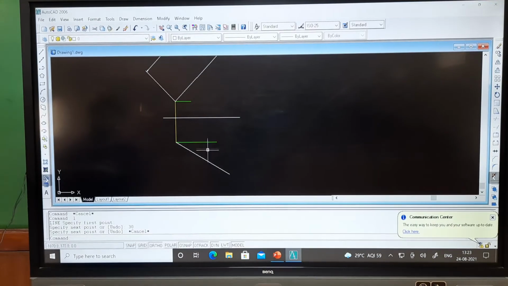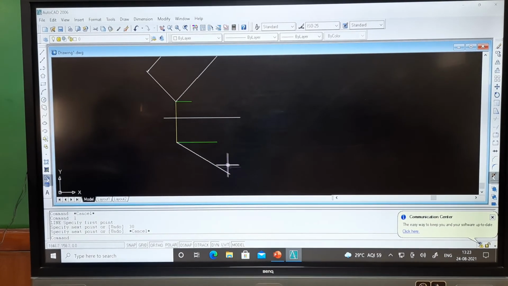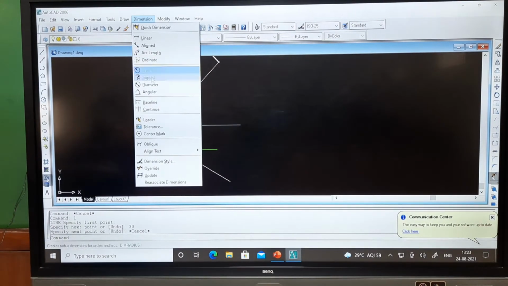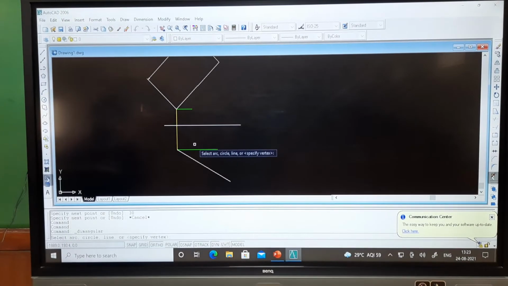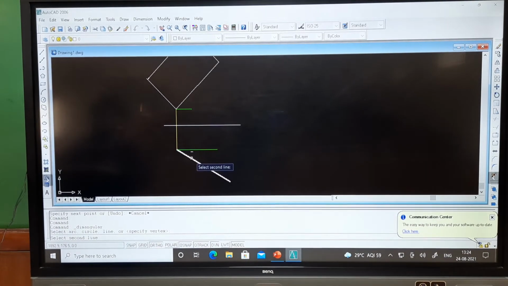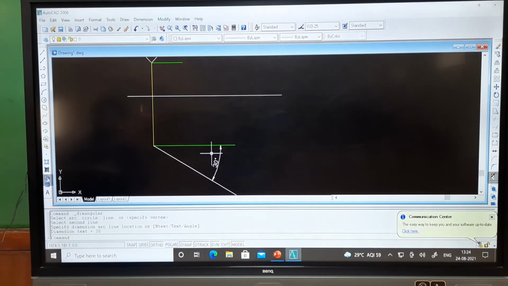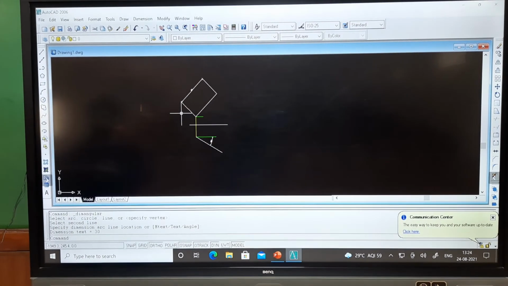Now, here if you see, this is the true length of the line. Due to that inclination, it is appearing like this. So, what I have to do? Now, I am going to measure the dimension also. So, here angular dimension is there, you can select from the dimension menu angular. Now, if you want to measure that, first of all you have to click on this line, after that you have to click on this one, and after that you can move the crosshair. By this you can get the angle, you can measure the angle in this way.